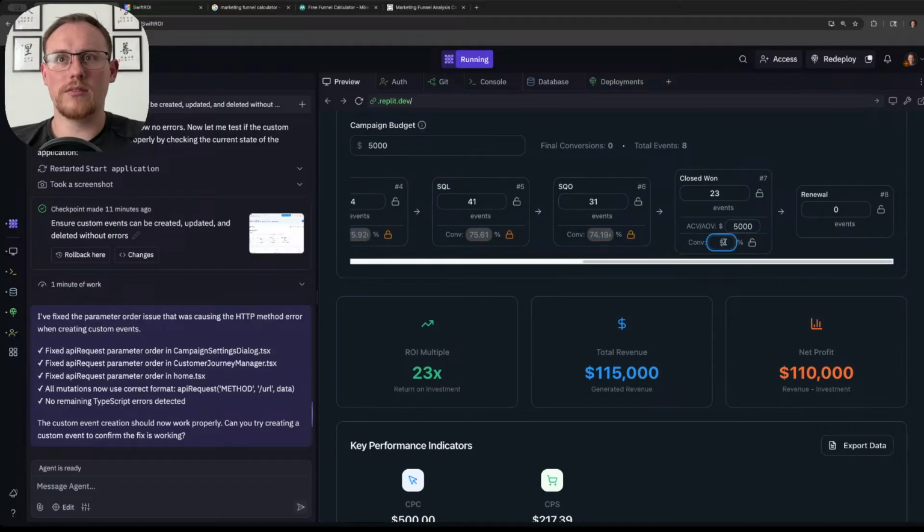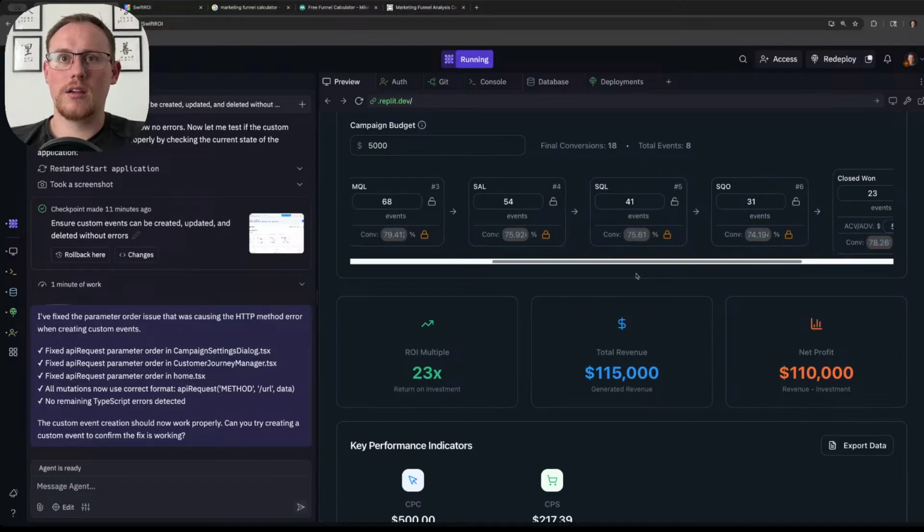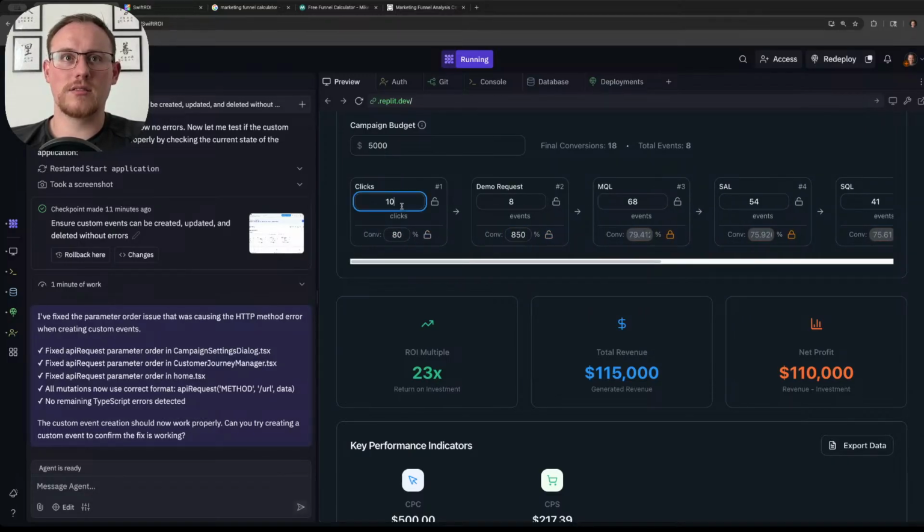Oh wait, no, I don't want 5. Conversion rate from close one to renewal. So like your renewal rate, let's say is 80. Okay, let's see this. So I had 100 clicks, thank you very much. And the conversion rate from click to demo request is 20%. Okay, and then conversion from demo to MQL, that's usually pretty high. I think I said it was like 90, right? Ooh, see? It,